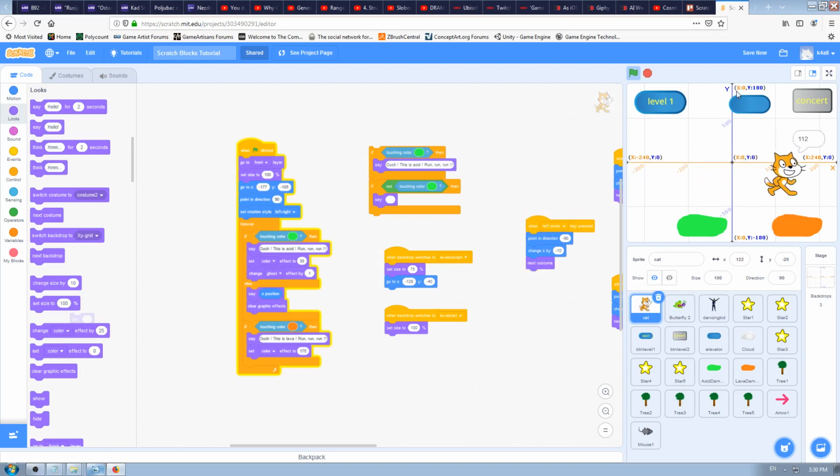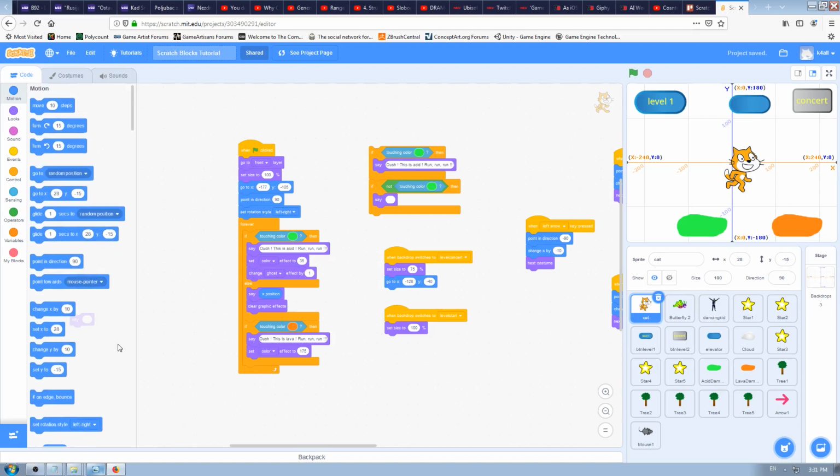We don't see Y position. We will learn that in some of our next videos. The principle is the same, but we are going to use it to make something else, something more usable for our game, because this was more like a general example, nothing concrete for our game. One more thing which I will show, I'm just going to tell you now where you can use this and how. For example, you can use this X position and Y position